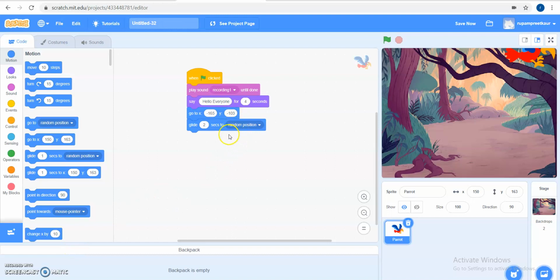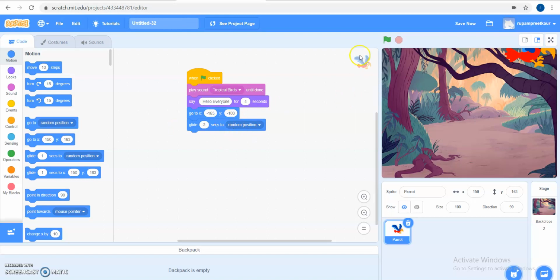Now in this manner, let's change the sound over here. Let's take a tropical sound. I am going to take the tropical bird sound as a background.